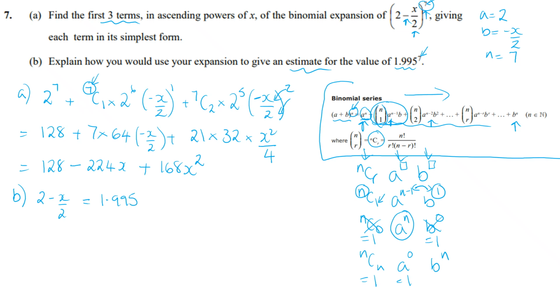equal the 1.995 because they're both being raised to the 7, and then just rearrange and solve for that x. That x is what we're going to substitute here into our expansion to find an estimate. It will be an estimate because we've only got the first 3 terms. So just rearranging and swapping these to the other side, you've got 2 minus 1.995 is equal to x over 2. 2 minus 1.995 gives us 1 over 200 is equal to x over 2. Cross multiplying, and we'll see that x has to be